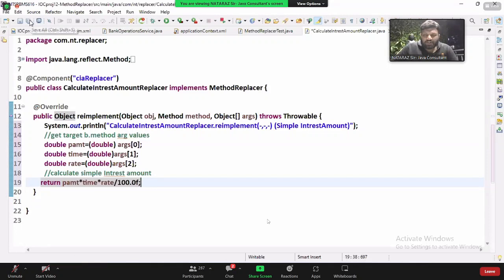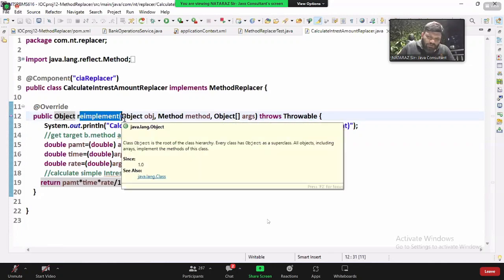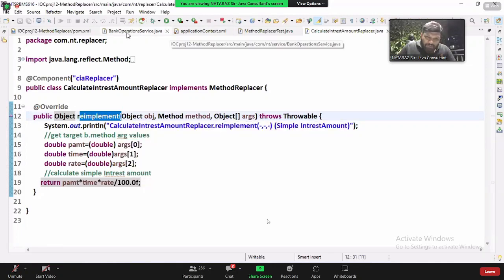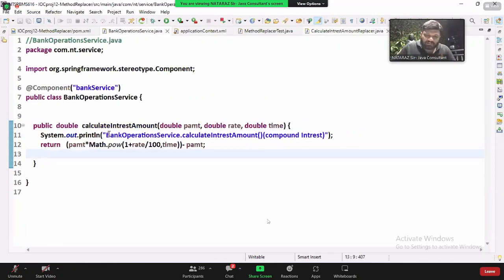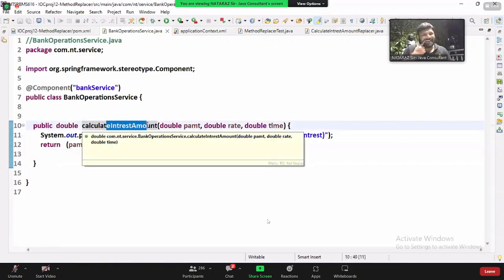Okay, now we have written a new logic now, boss. Listen. Anywhere are you mentioning the target method name, guys? Anywhere are you mentioning this re-implement method should work for the bank operation service class, calculate interest amount? No. Somewhere we need to specify, yes. For that purpose,